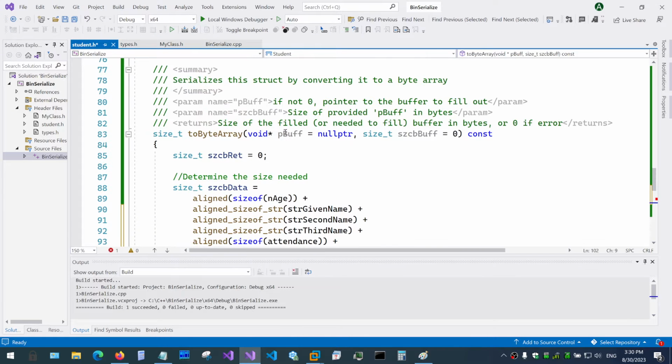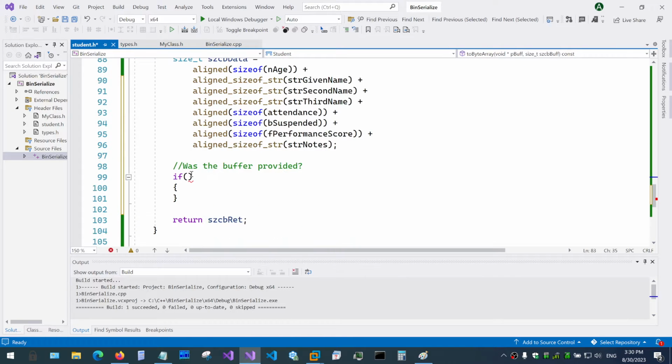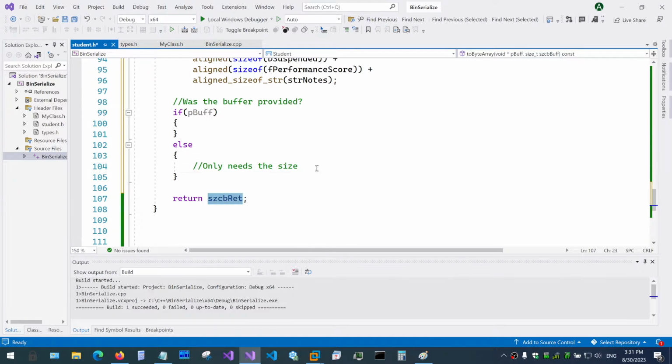Because in this case, our buffer may not be provided, and if that is the case, it's an easy way to write this function. The user only needs the size. So in this case, we return our size,